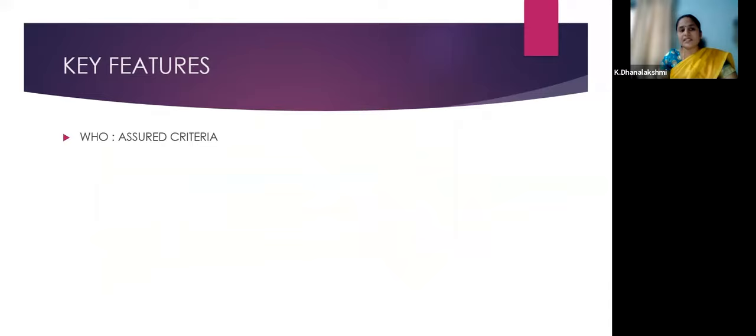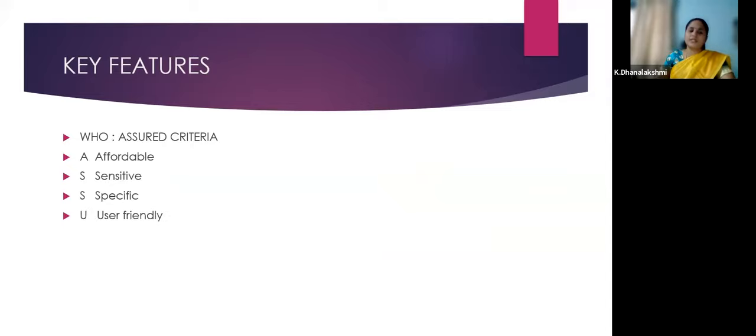Rapid diagnostic tests are commonly applied in the periphery, where they are not able to get the proper gold standard test. For a rapid test to be effective, WHO has applied some criteria called the ASSURED criteria. What do you mean by ASSURED? A stands for affordable. It should be affordable to all. It should not be too expensive. S is sensitive. I will come to sensitivity and specificity later. The other S stands for specific. The test should be sensitive and also specific. U is user friendly. There should not be too many procedures involved.